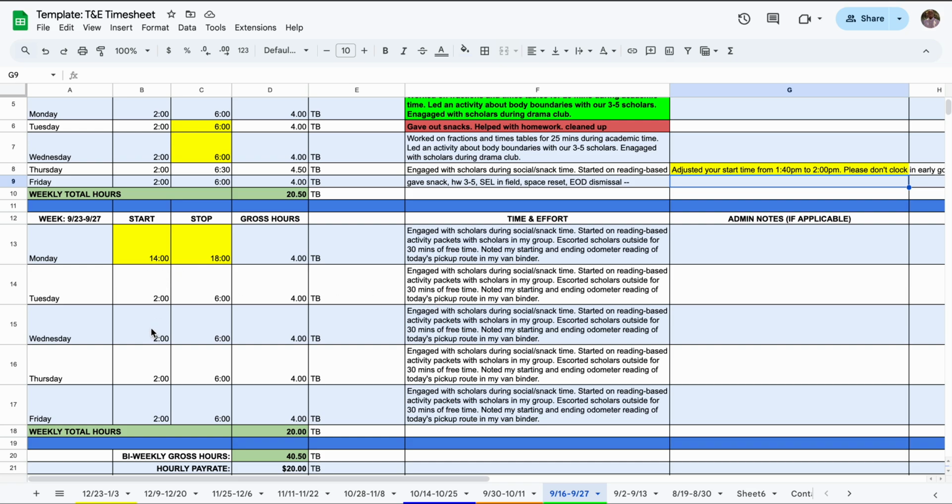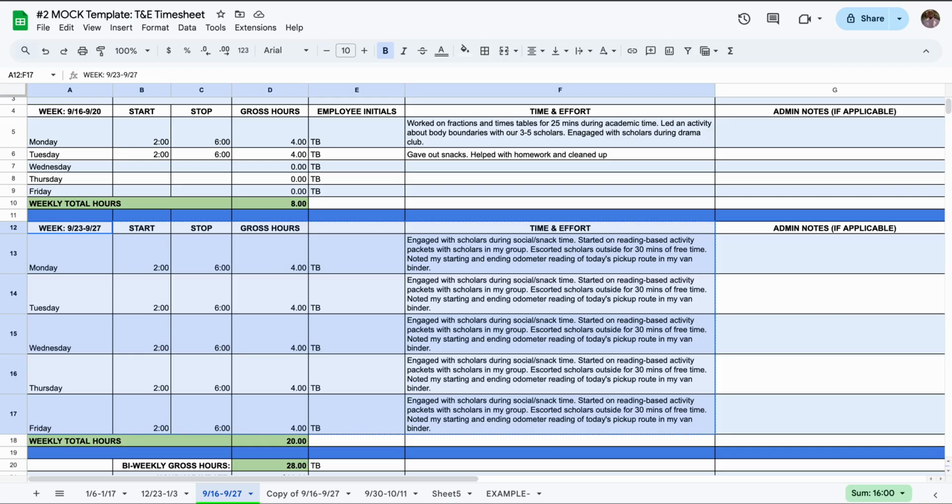One thing I wasn't clear about when I initially sent these timesheets to everyone was making duplicate sheets and making copies of sheets. Many of us have a separate sheet for every time frame, and this is what I mean by that. All of these tabs are on the same sheet, on this template. But if we switch over, and again, this is another mock template,